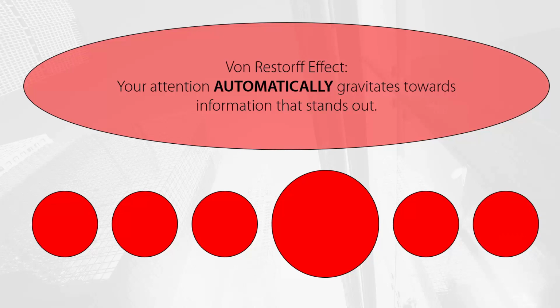When the larger circle appeared on the screen, your attention immediately gravitated toward it, and your brain immediately started to form patterns about what that means, and what the other circles in the series will be like. This is quite subtle, but even after the circles go back to the normal size, your brain cannot help but gravitate to the piece of information that stands out the most. This is the von Restorff effect in practice.